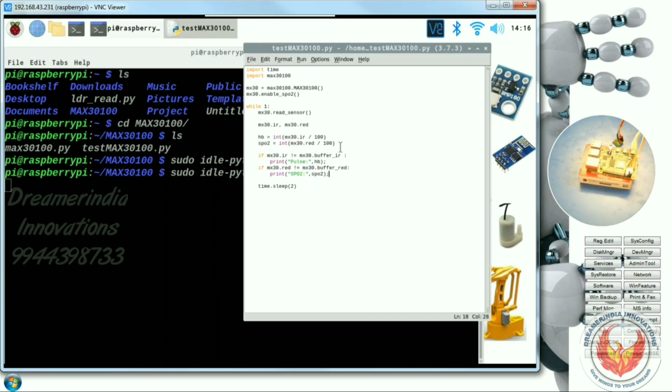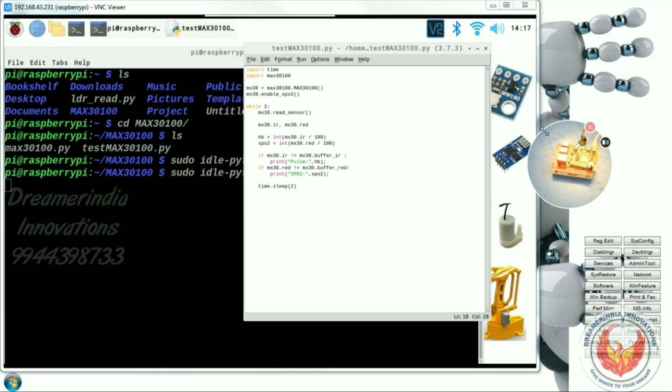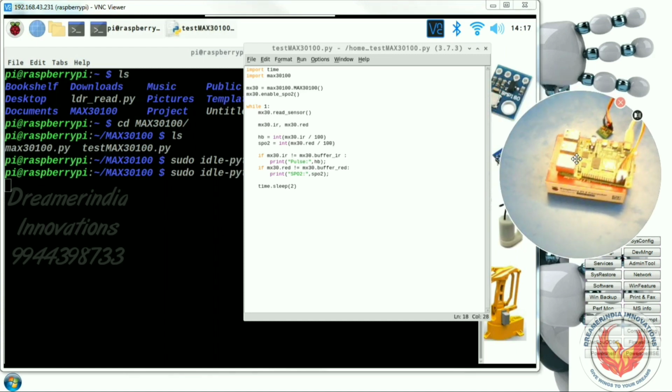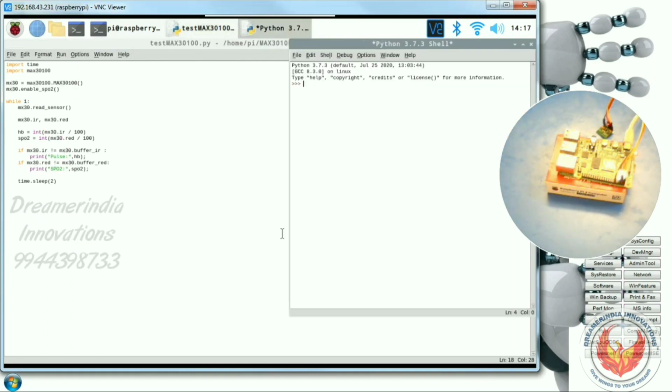Now let us test the sensor. For testing the sensor, I'm just going to run this code, run module. It's giving some junk values.